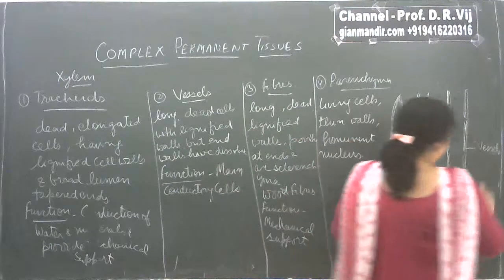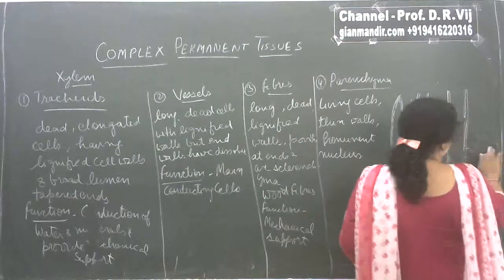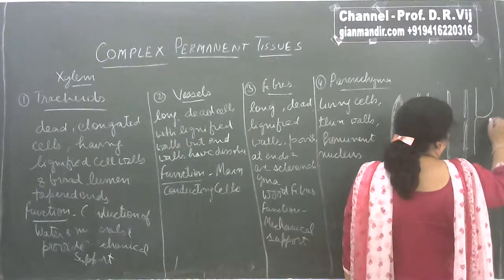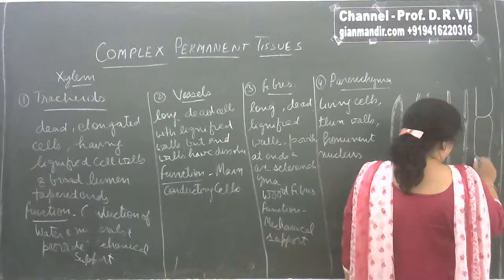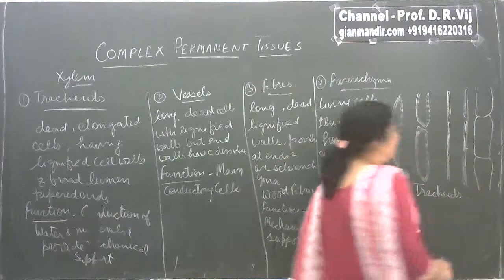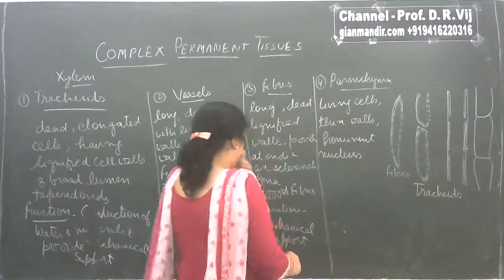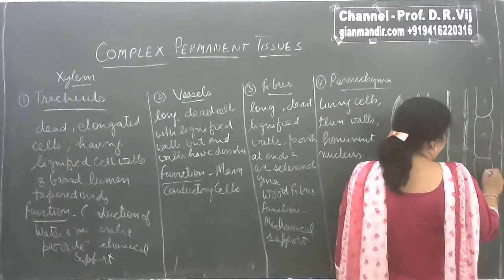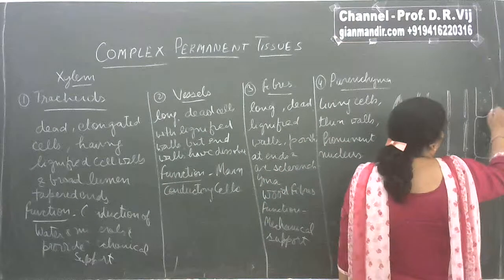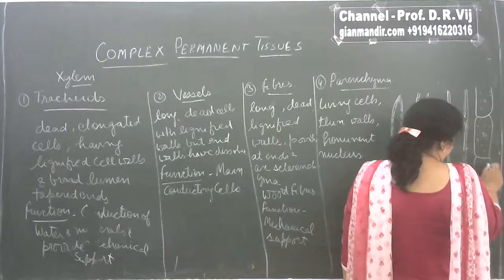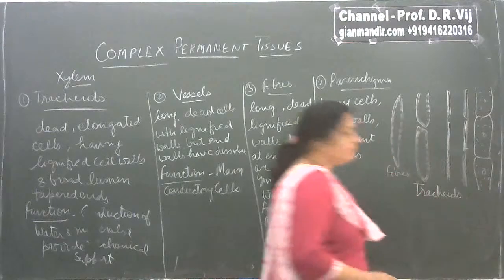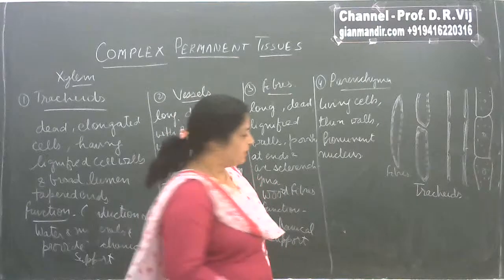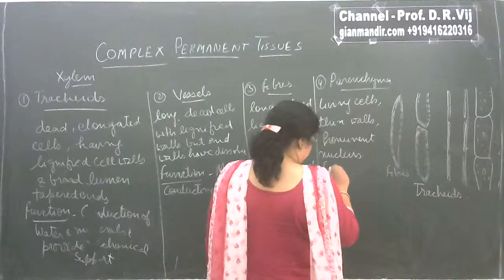So if you look at the structure of parenchyma, the parenchymal cells are like this. They are purely living cells, having thin walls and a well developed nucleus and a dense cytoplasm, right? So that is the structure of xylem parenchyma, the only living cells, and their function is